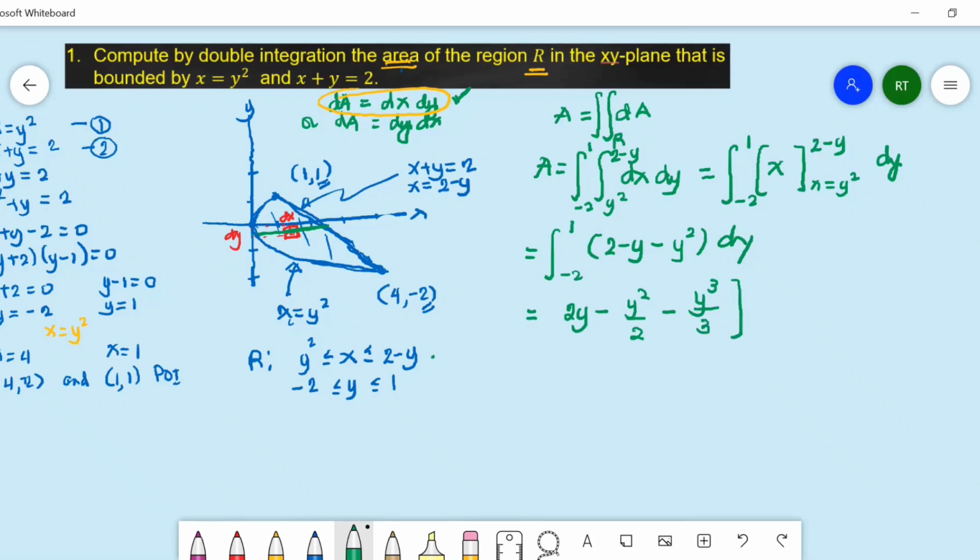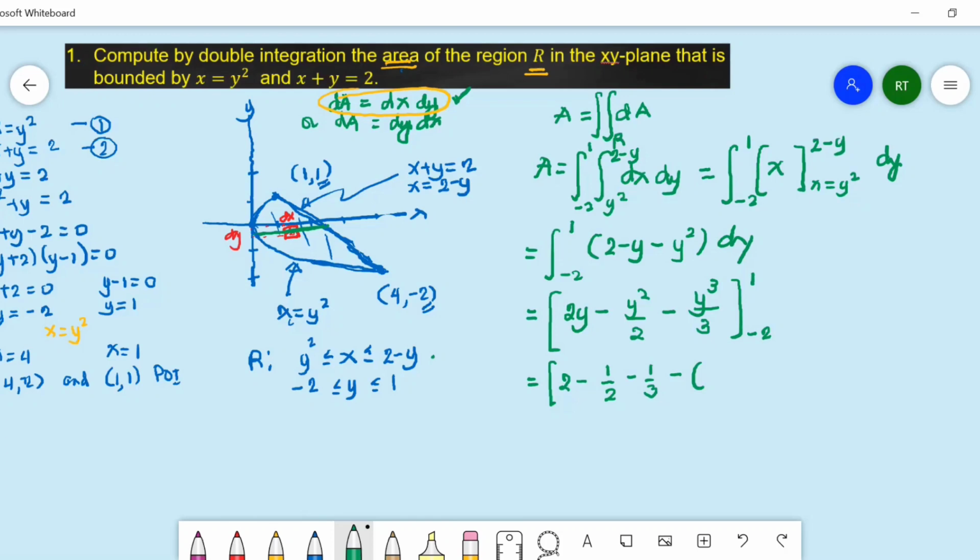Then evaluate this within the limits of integration from -2 to 1. So evaluating the integral at the upper limit, y is equal to 1, we have to replace y by 1. And that gives us 2 times 1 is 2, minus 1 square is 1, of course. So we have minus 1/2, minus 1/3, minus the value of the integral at the lower limit, y is equal